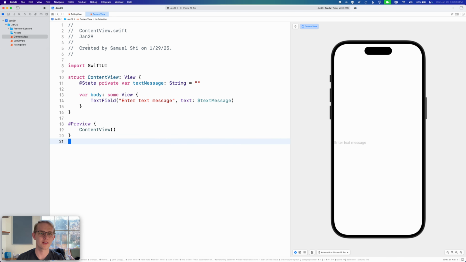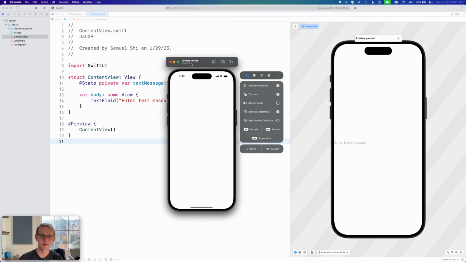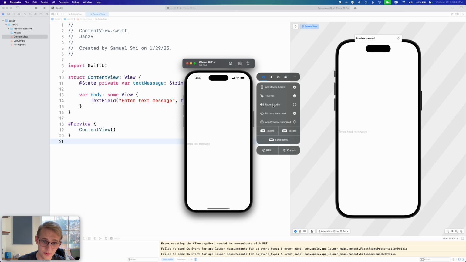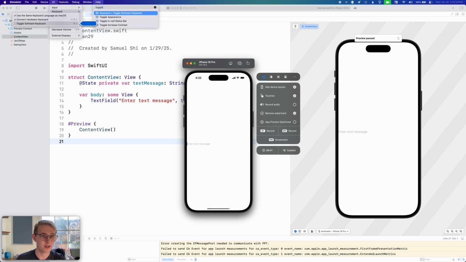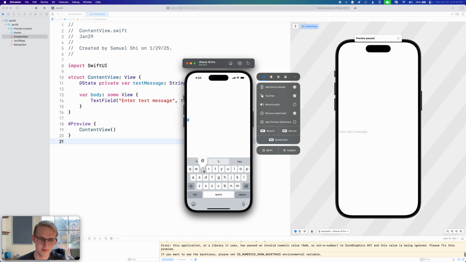So while the simulator's loading, here's the simulator. I have a fun little extension on my simulator that makes it real easy to record the videos and GIFs that you've seen throughout the semester. Once this finishes loading, here we go. I can click on the text field, and then I can toggle on the software keyboard. And now we're seeing the system keyboard, and I can type in a message, and it fills in the text